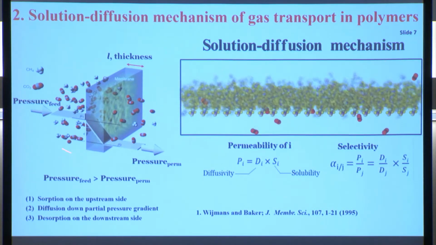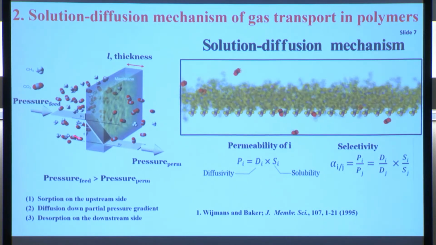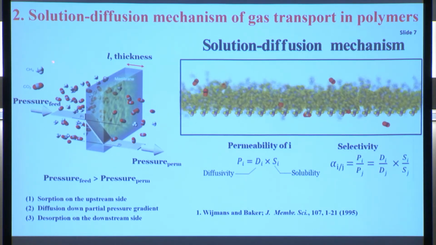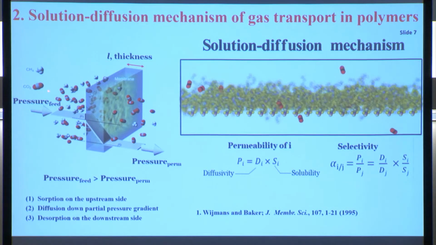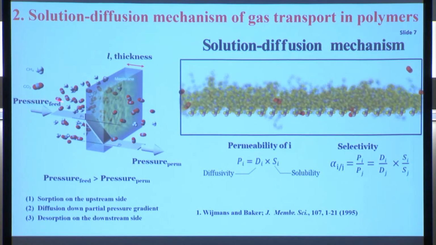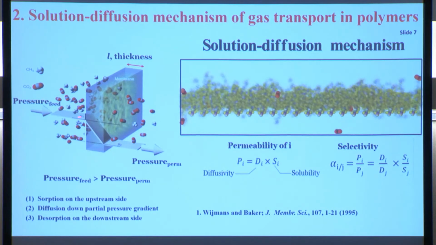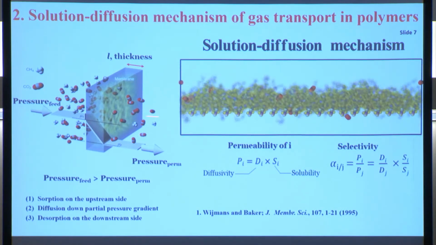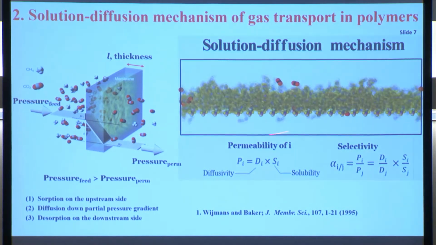There is a feed gas pressure, and you can see this is CO2 and this is the methane. The CO2 has a high affinity to the membrane materials. So this mechanism is just like